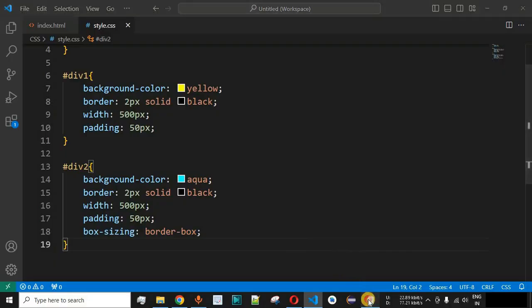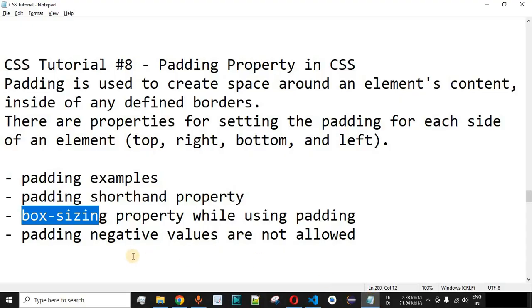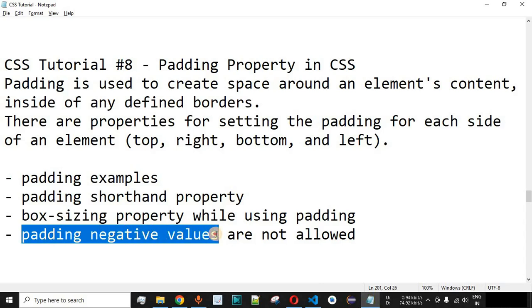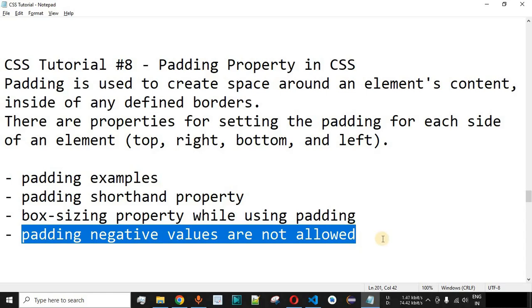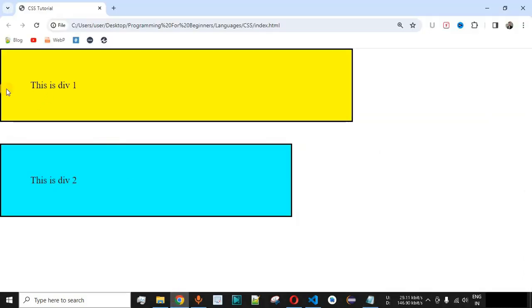Now guys, apart from this, we had already discussed that margin can have negative values, but can padding have negative values? No, we cannot have negative values for padding, and it is not allowed. So you have to make note of this while you are implementing margin and padding as per your requirements. And to understand the difference between the padding and margin over here, you can see that the padding is the space that we have provided inside the div element and inside the border of this div element.